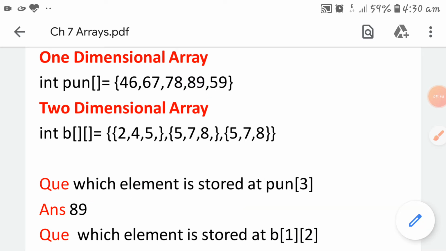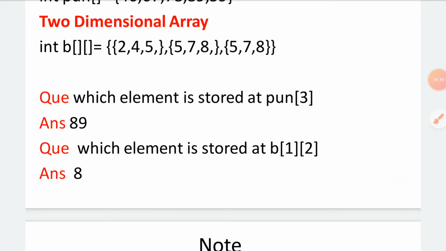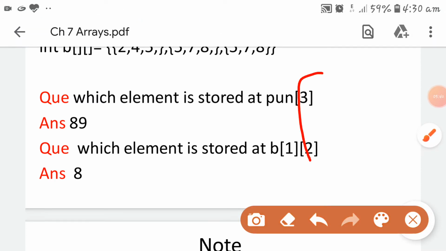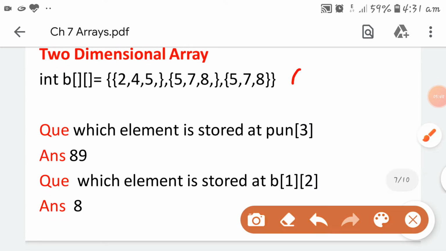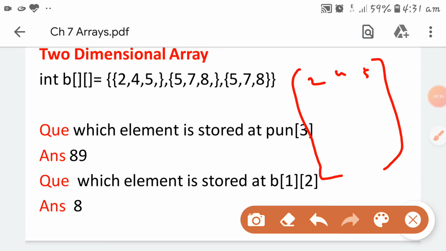Now next question: which element is stored at B12? Now write the matrix. 2, 4, 5, 5, 7, 8, then again 5, 7, 8.